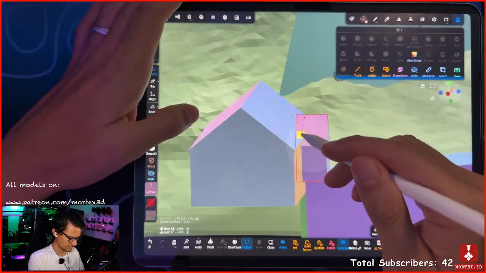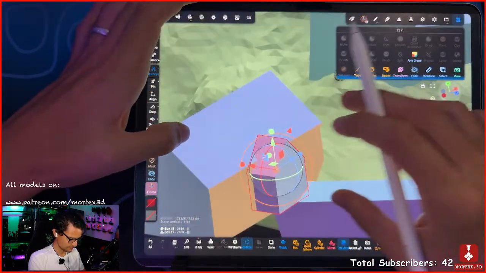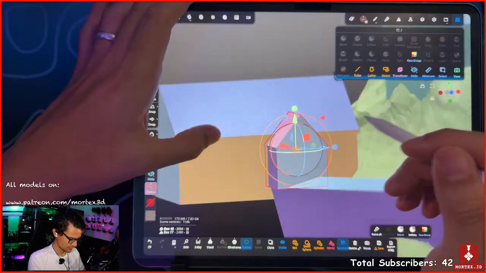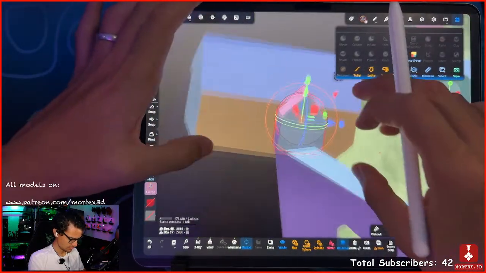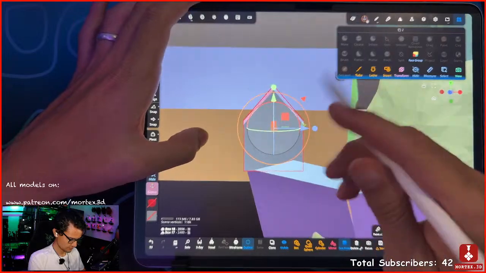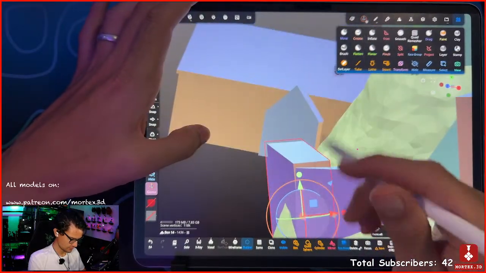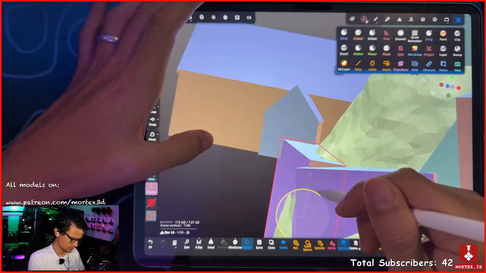I'm not going to do exactly the same, because I always like to add some extra detail on it, so I'm not going to do exactly the same model. Here, look, we will need to